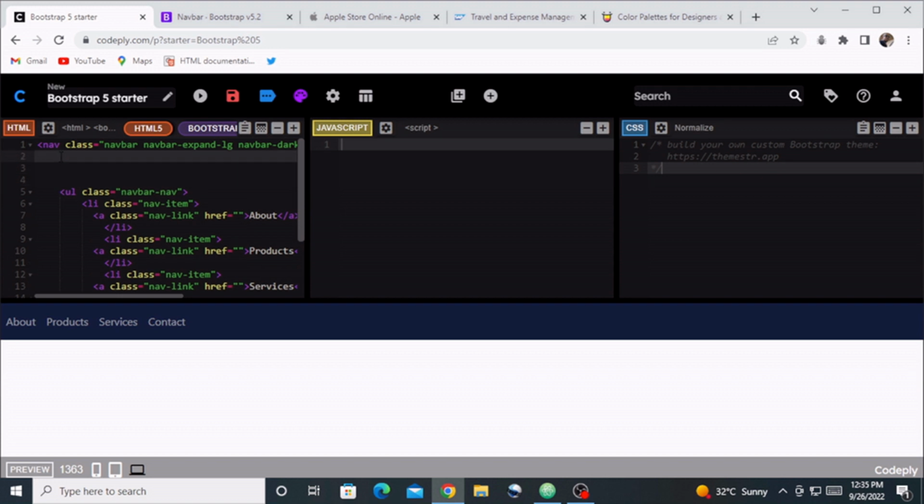So this is where I'm going to add my brand. So what I'm going to do here, as advised by the documentation, I'm going to add an anchor tag, and this anchor tag is going to have a class. It's going to have a class of navbar-brand,